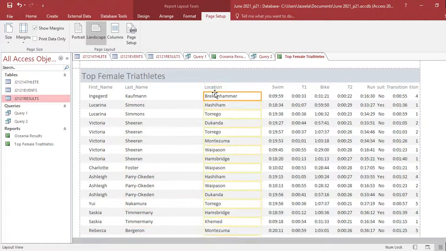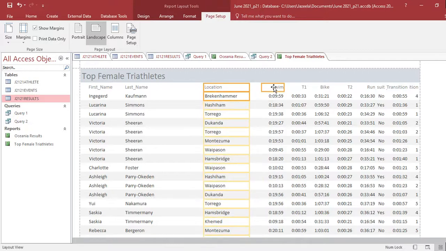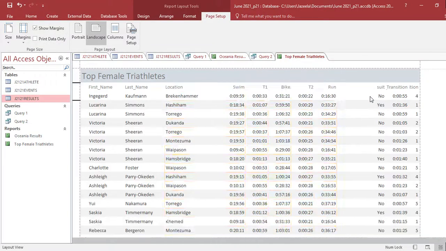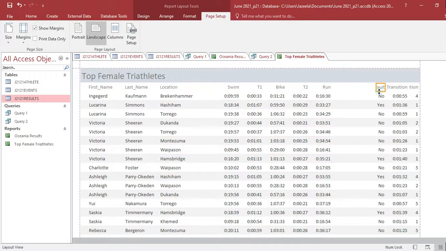Then location, then swim, I'm selecting together. Till run, I'm selecting together because wetsuit is not visible properly. Now wetsuit, expand it first and then move it.